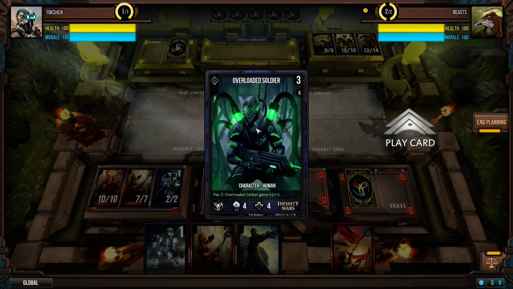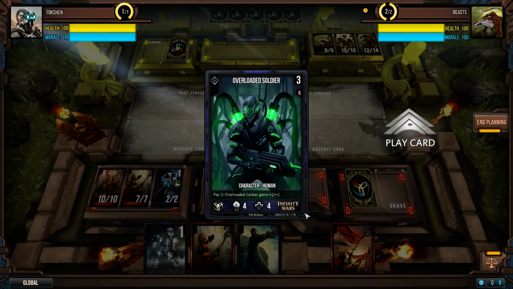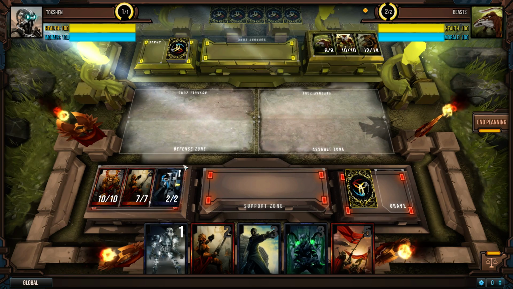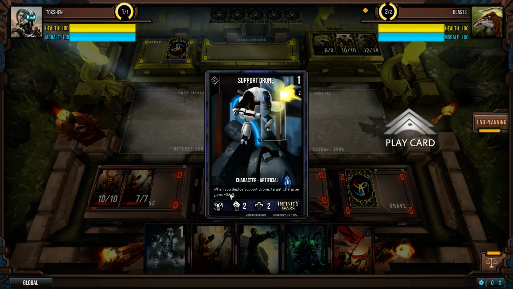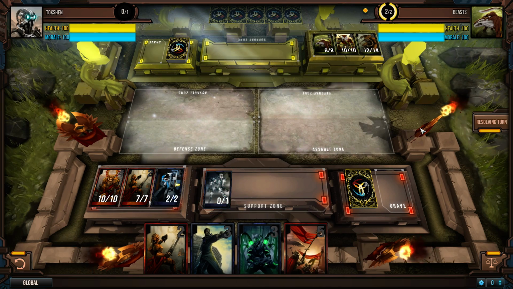Alright. Overloaded Soldier. Pay 2, he gains +2/+2. Is that going to be permanent? I wonder. We'll find out. So for right now, we could play a support drone, which, when you deploy a support drone, target character gains +3/+3, so we don't want to play him yet. We'll support you first. And in planning,